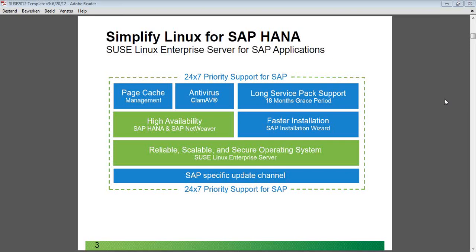Not only the operating system, but also the SAP Business Suite, whether it's the ERP, the CRM, SAP Business One, as well as the database and the middleware. In this case, whether it's the NetWeaver, any type of database that goes along with it, or the SAP HANA. And this is done nicely in terms of